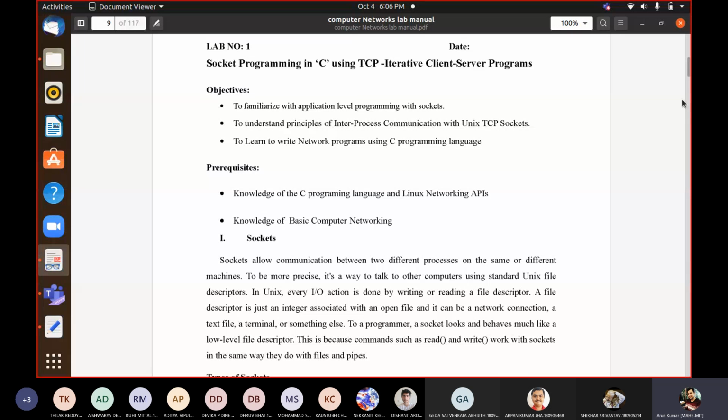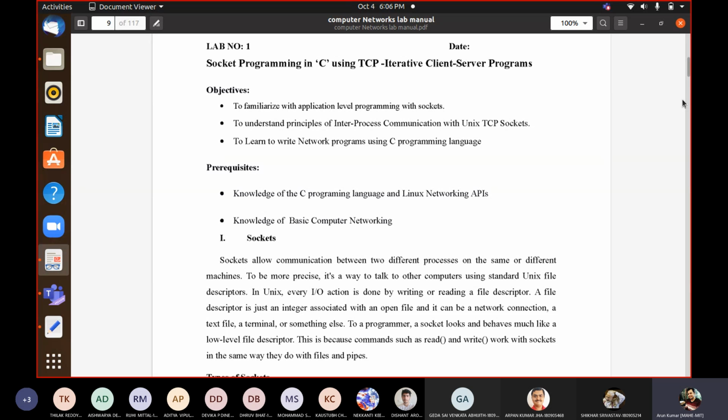So a socket is also a sort of a file, and through file descriptors we handle it and ensure some sort of communication.